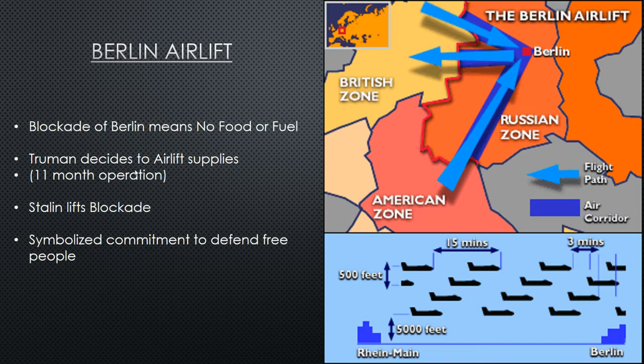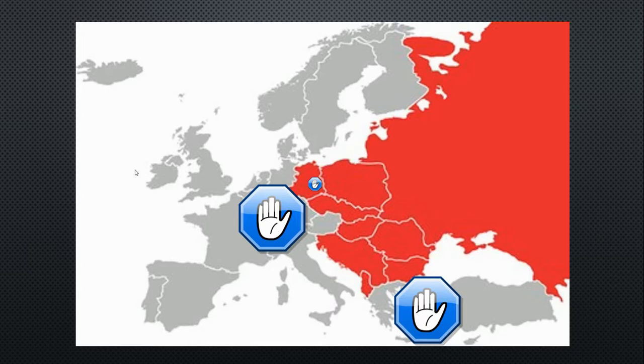So this is an important moment because Truman, the United States, and the West are basically saying, we're not going to be pushed around, we're not going to be bullied. We've got to make the stand right here. If the Allies were to abandon Berlin, this could encourage acts of aggression against other countries as well. So that was an important defining moment of the early Cold War.